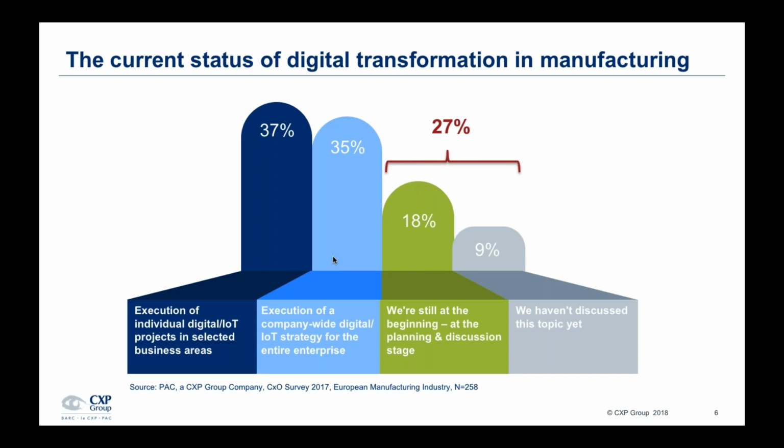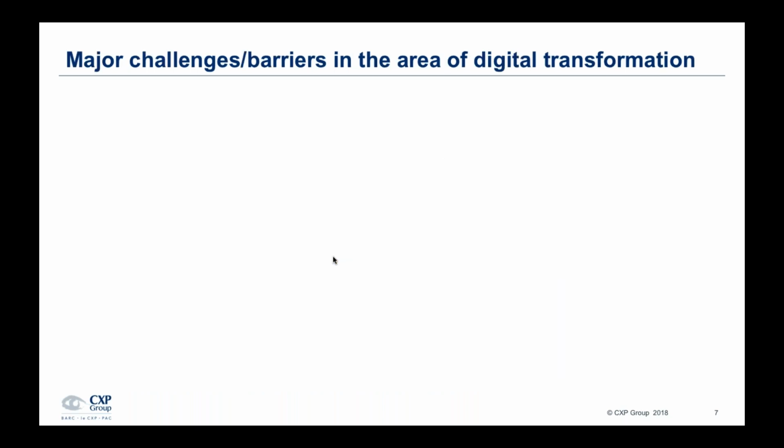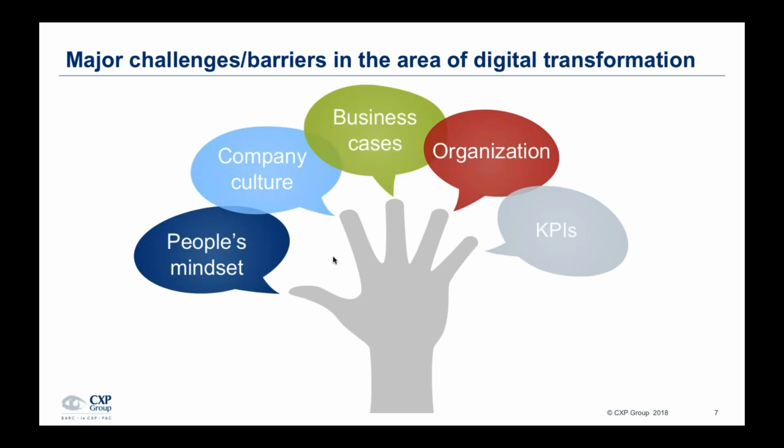So having said this, what are the major challenges or barriers which we see around digital transformation? Actually, whenever I talk to CXOs of manufacturing companies and ask them whether and how they are engaging in digital transformation initiatives, most of the time the discussion is sooner or later drifting towards the reasons why digital transformation projects are challenging. And basically the top reasons which I tend to hear most of the time are, well, our people don't have the right mindset, they don't see the need for digitally transforming our processes, and this includes upper and lower management, but also normal team members, right?